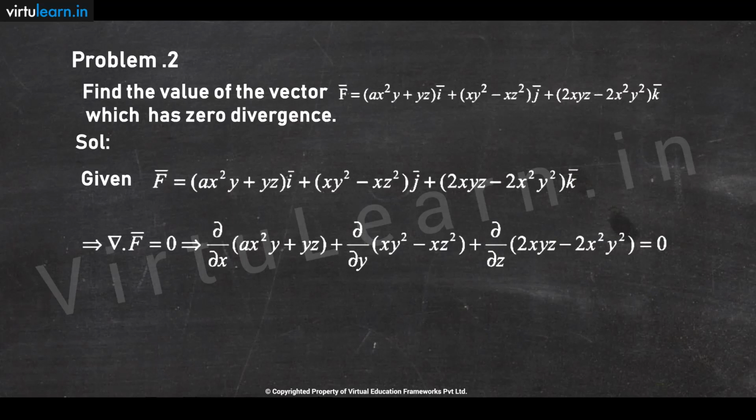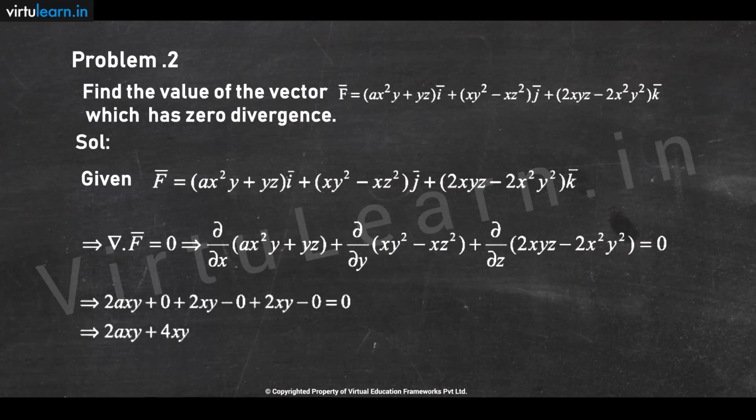So we can find the partial derivatives and observe that 2axy plus 0 plus 2xy minus 0 plus 2xy minus 0 is equal to 0, or 2axy plus 4xy is equal to 0, or we can get the value of a as minus